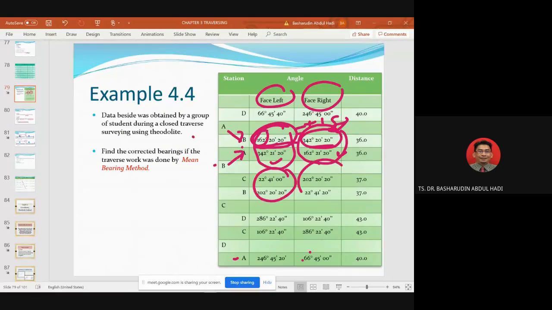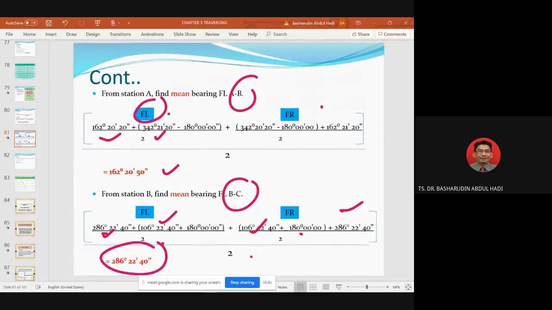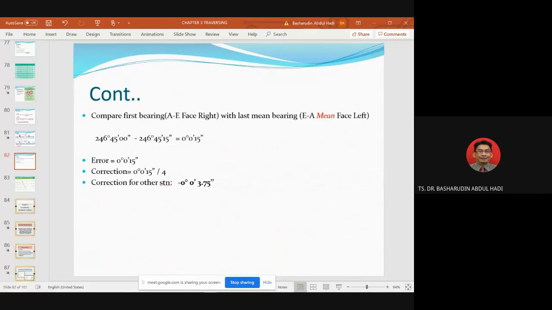So we take all this data, we are doing something like this. We fill up this one, we put this one, we put this one, and we average all the data, and again we average again. You get 286 degrees, 22 minutes, 40 seconds. Then compare the first bearing AE, face right, with the last bearing EA, mean face left, equal to 245 degrees 45 minutes